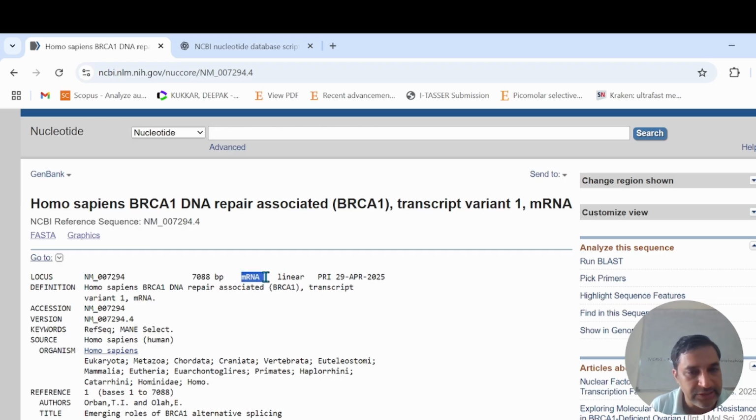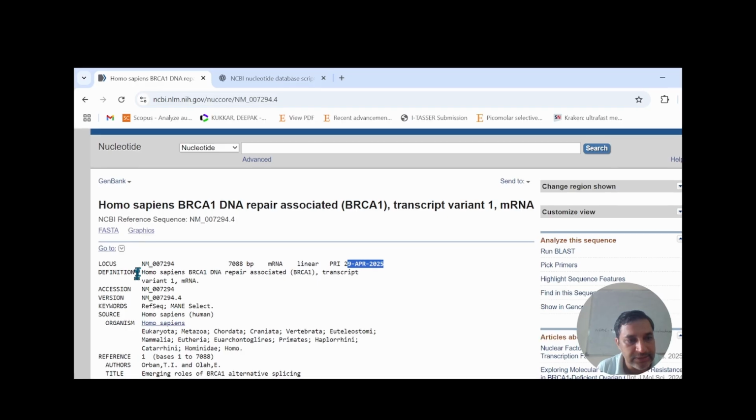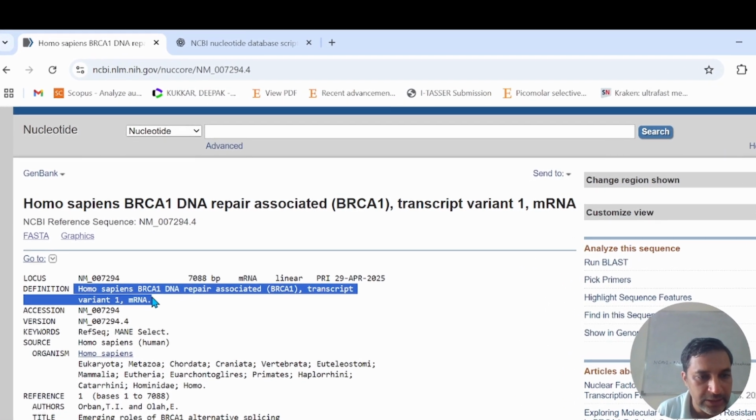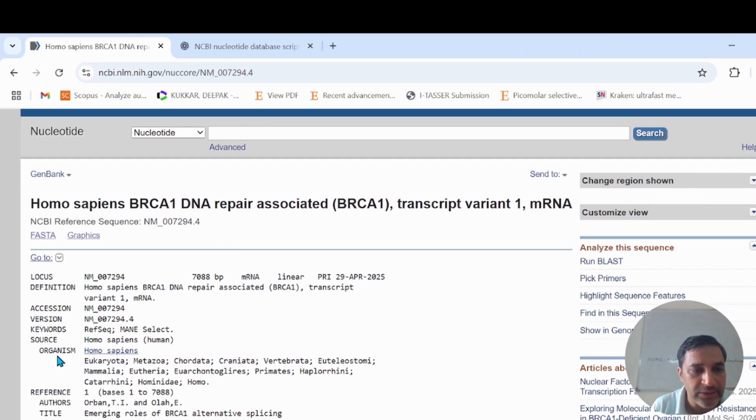and of course it is an mRNA sequence and has a linear type of nucleotide sequence, and this word PRI states that this sequence originated from primates, and here is the date when it was submitted to NCBI. And in the second line, you are provided with the definition of this particular sequence. Moving downwards, you can see the organism, or the source organism, in which this gene sequence or the RNA sequence